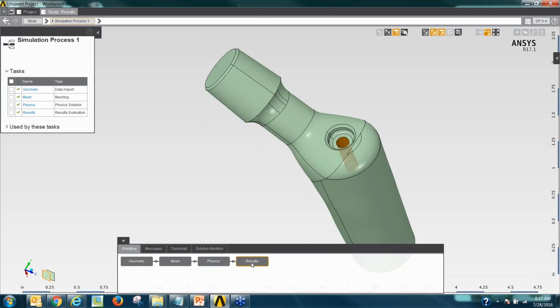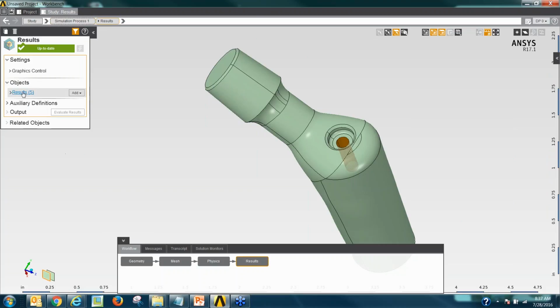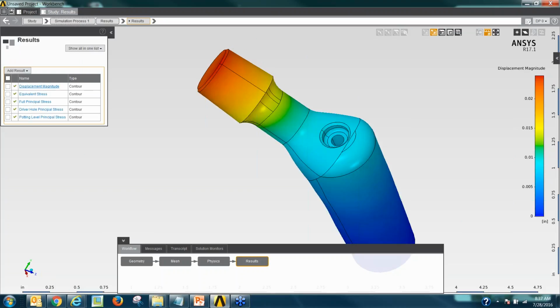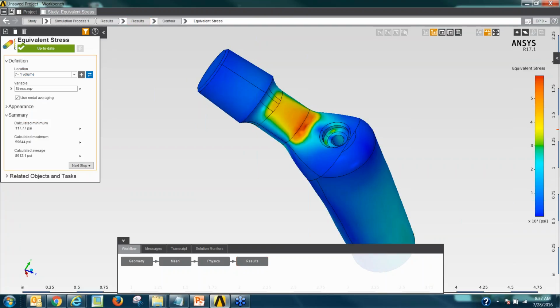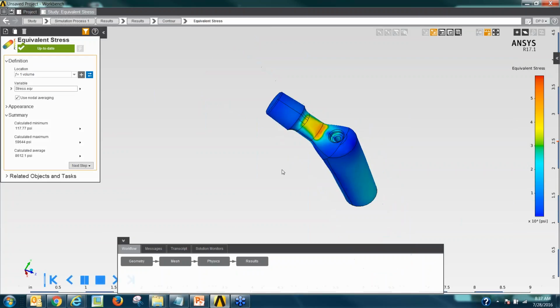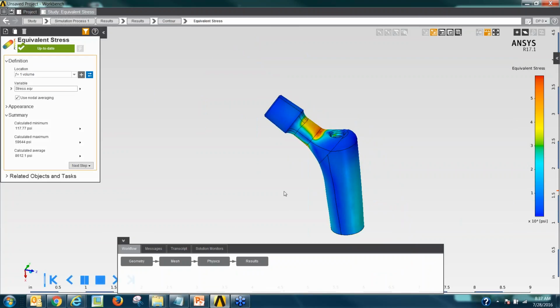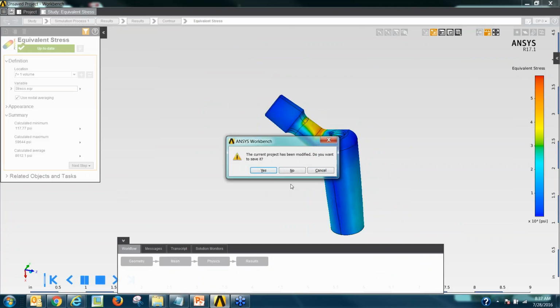So if I look at my results here, the displacement magnitude, the equivalent stress, for example, and maybe that's something I may want to animate and see. I'm animating and seeing it. So similar to this, I could go